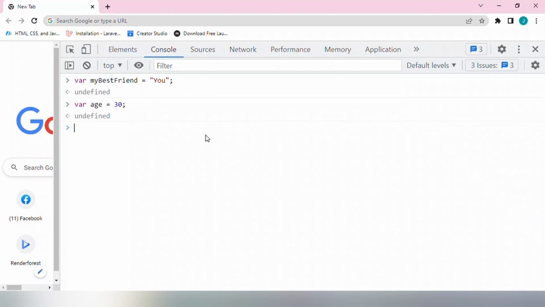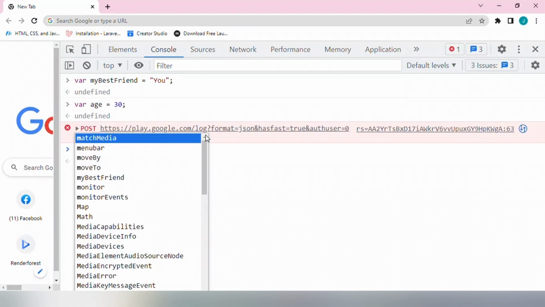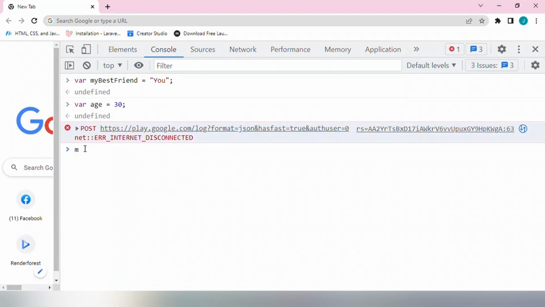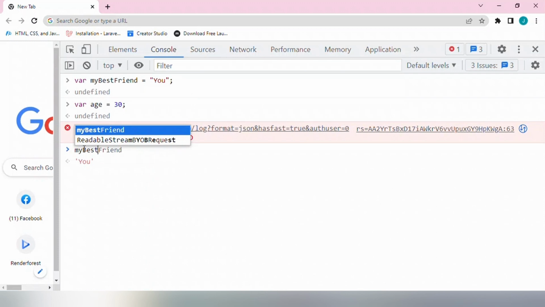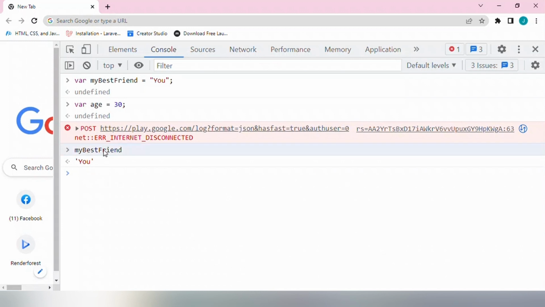So let's say I want to write something like friend. It comes out as you. And we talked about camel casing, a situation whereby the first letter starts with small, the other starts with uppercase, and the other uppercase.